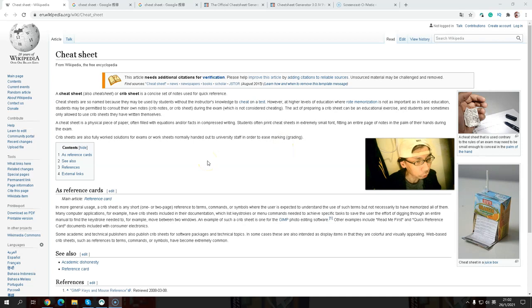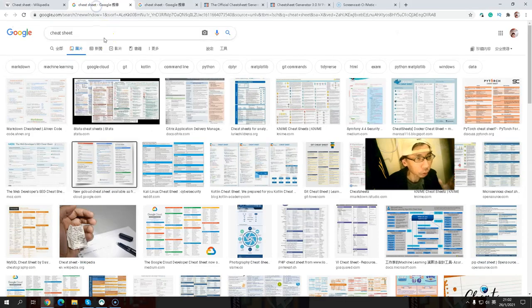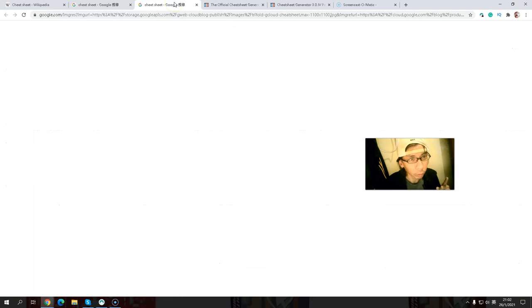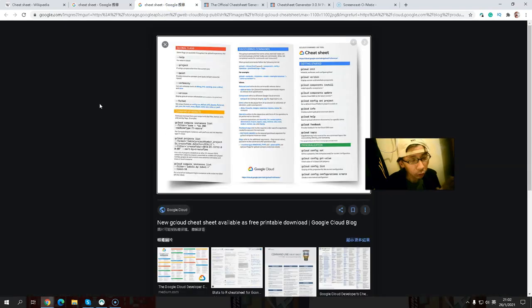So is a cheat sheet just a sheet? It has very condensed information on the sheet. Let's take a look. I also like to go to the cheat sheet for the graphic, and there are tons of cheat sheet examples. For example, I tap into this cheat sheet for reference,